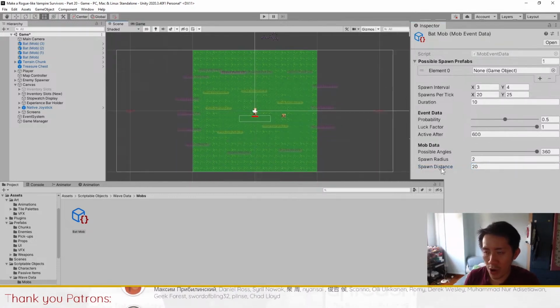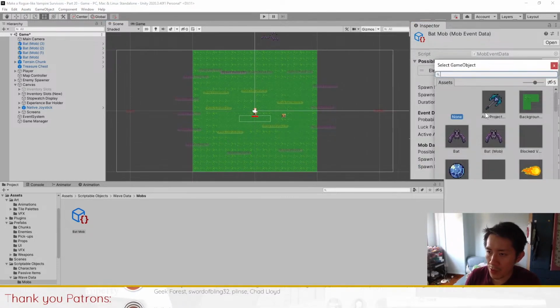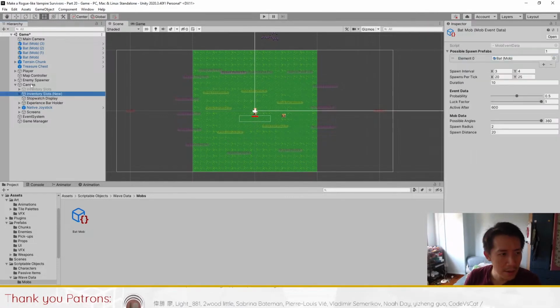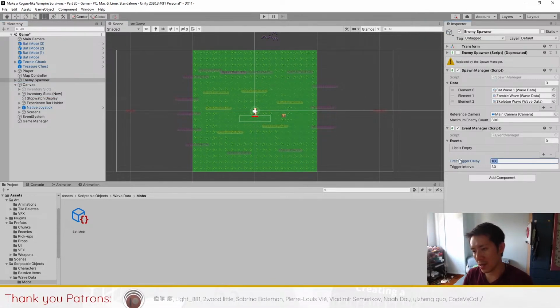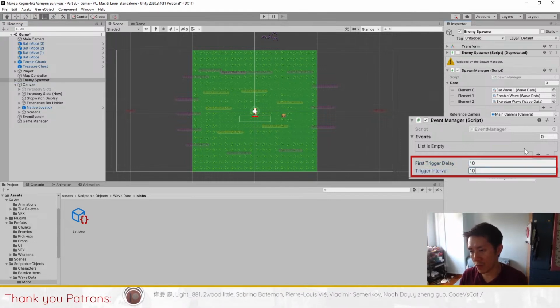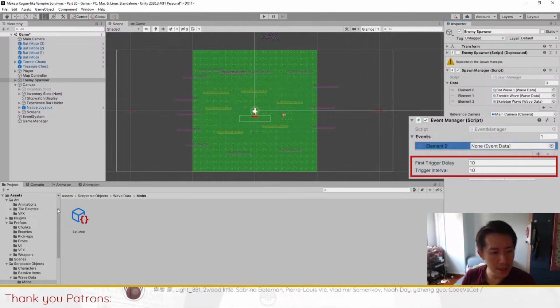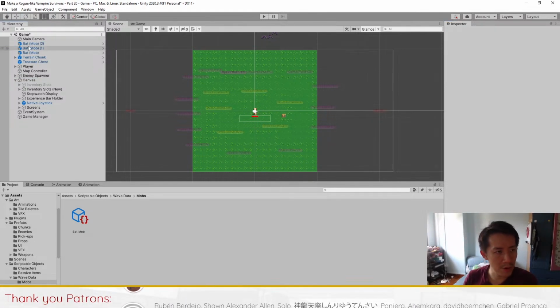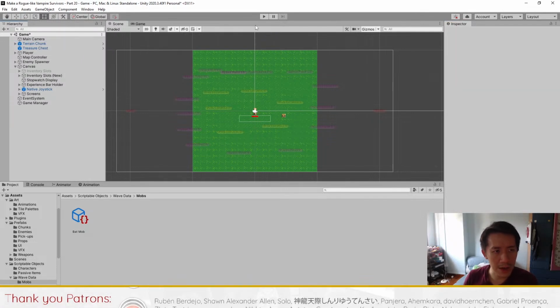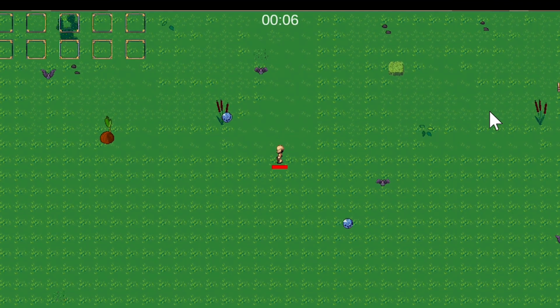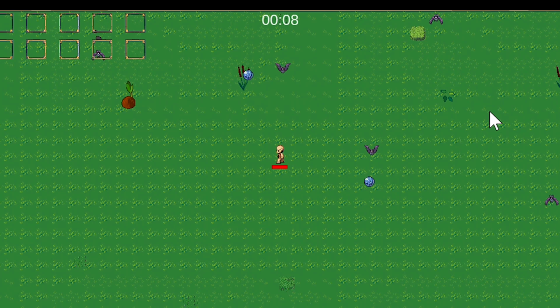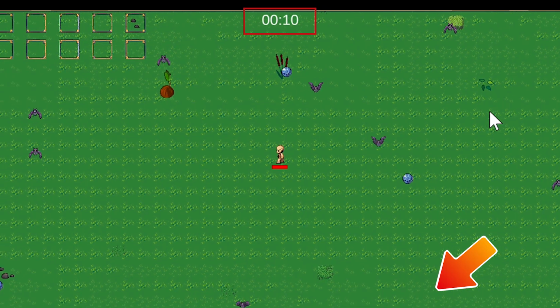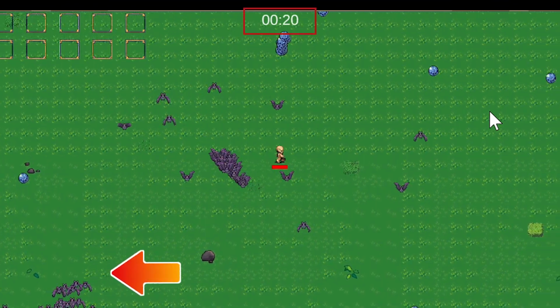Once you have the mob data and everything set up, I'm just going to put the bat mob inside here, and I'm going to go to the enemy spawner and make the events spawn every 10 seconds, just so that you can see this stuff happening a lot more often. And what you will start finding is that the bats will start spawning. So we have a bunch of enemies, and after 10 seconds you will see a mob spawn,